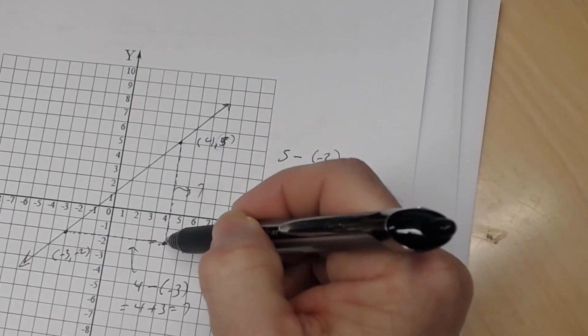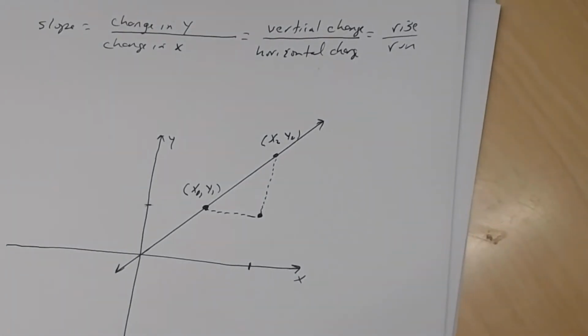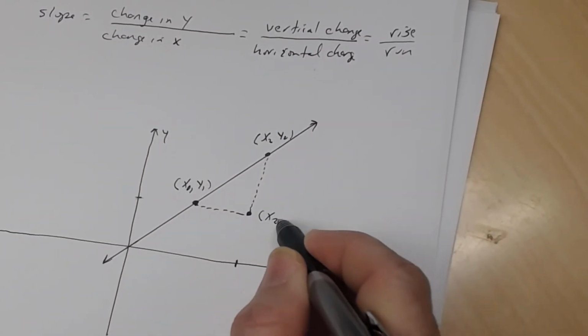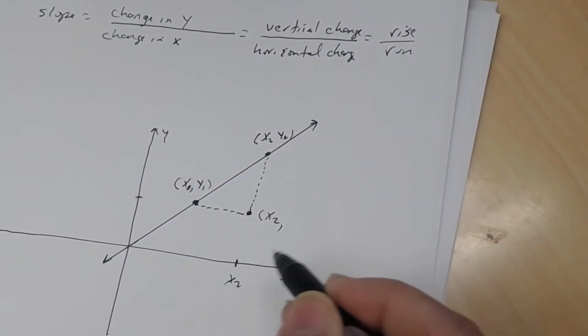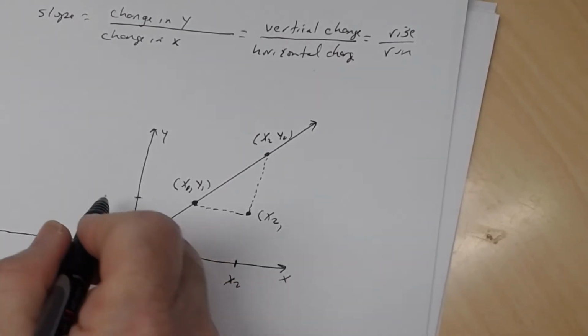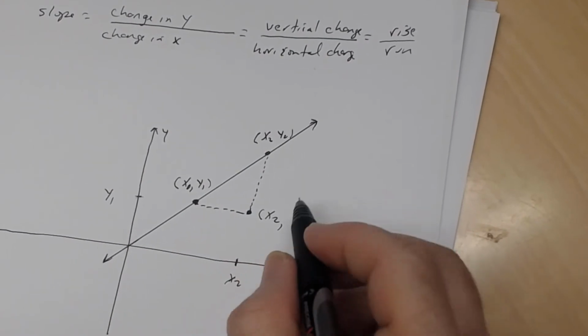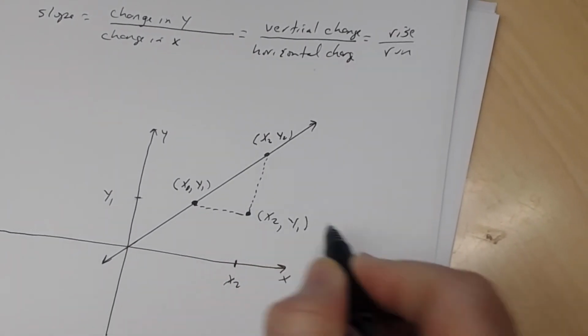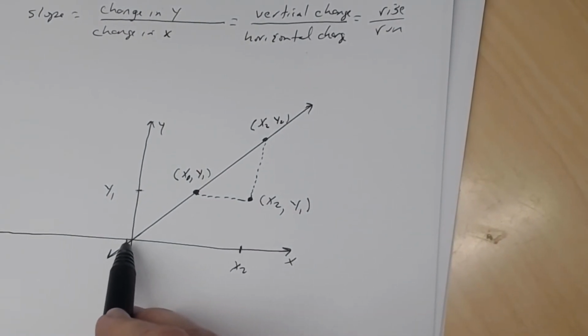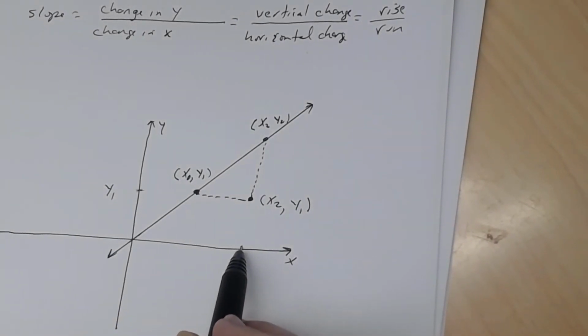So this was 4, this was 4. So the same idea here. So this is x2, then this right here has to be x2. And then here, that will be y1. So this is x2, y1. So this point right here, remember you're going to go to the right x2